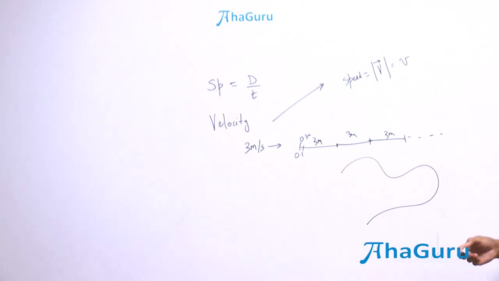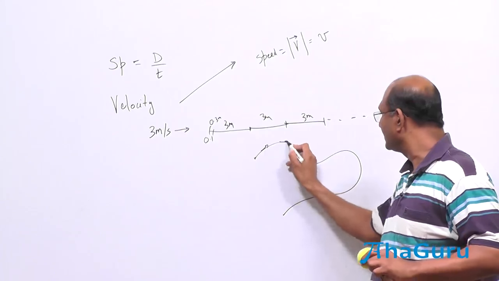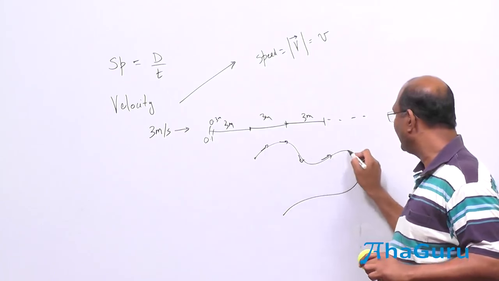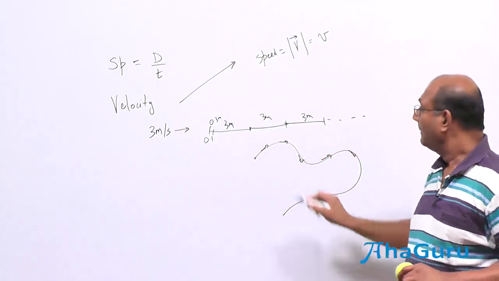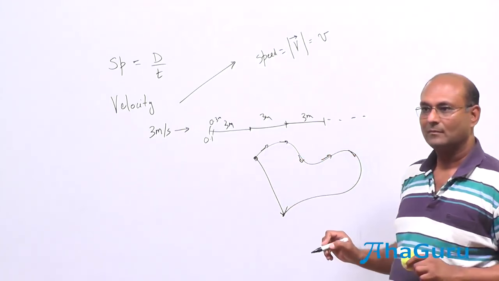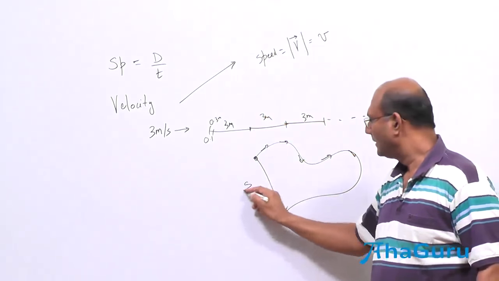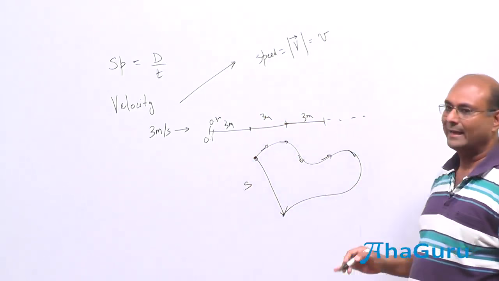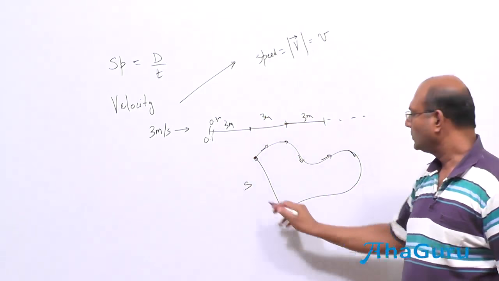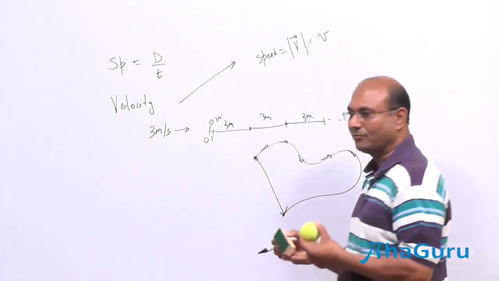Now which direction was I moving in? Not clear. I was moving in different directions at different instants of time. But overall I moved like this. I had what we call a displacement, and overall I must have taken, let's say, some amount of time. So let us say t seconds. So if we had a displacement of s,